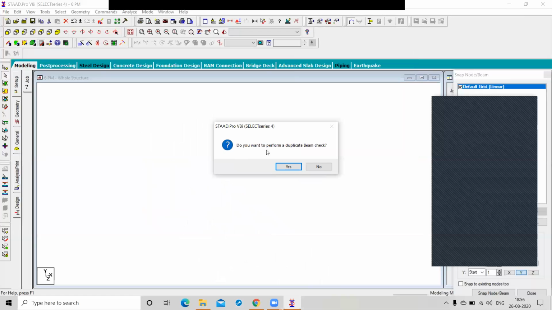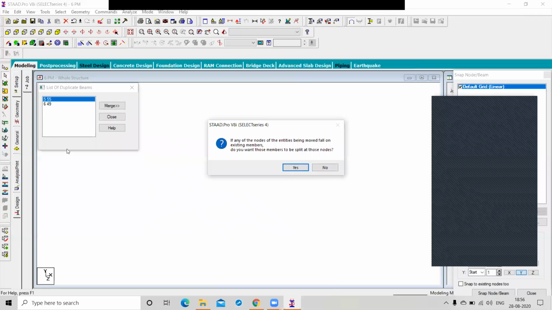Do you want to perform the duplicate beam check? Yes. Move operation has produced the duplicate member. Please check and remove the duplicate member.